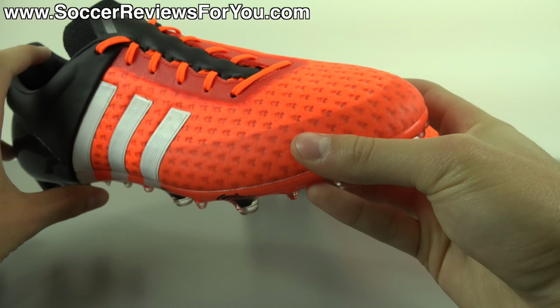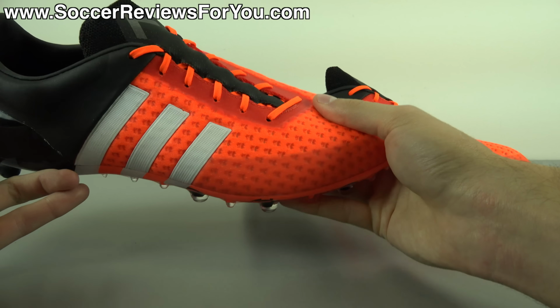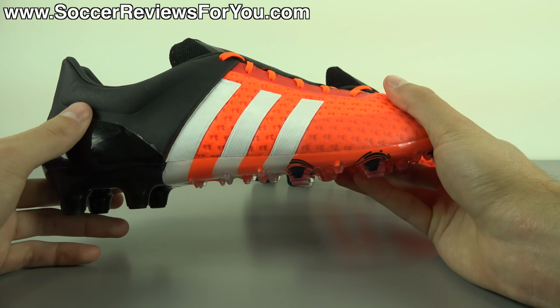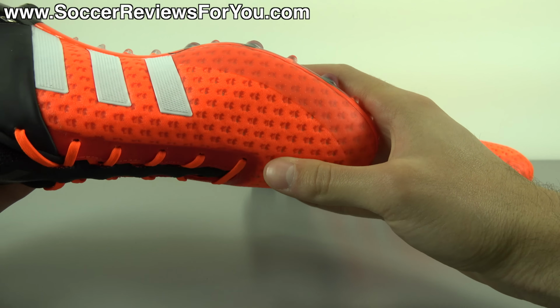But overall, it looks pretty cool. Definitely has a very modern, sleek look to it. I like the Adidas stripes right there in the middle on the lateral and medial side. They flow onto the sole plate. The back portion of the shoe is black, which looks really good. I like the look of the black tongue as well. And I just think the Ace line in general is a pretty good looking shoe, with the Ace 15 Plus